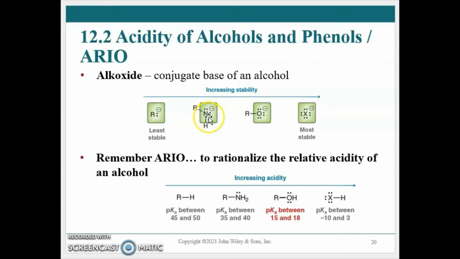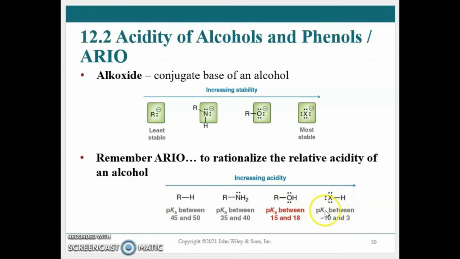Amines are less acidic because their conjugate base is less stable. The charge on the nitrogen can't be stabilized as well. And then a carbon atom is least stable as a negatively charged species. So we're going to use the ARIO mnemonic, which stands for atom, resonance, induction, and orbital, to rationalize the relative acidity of an alcohol. So looking at pKa's,